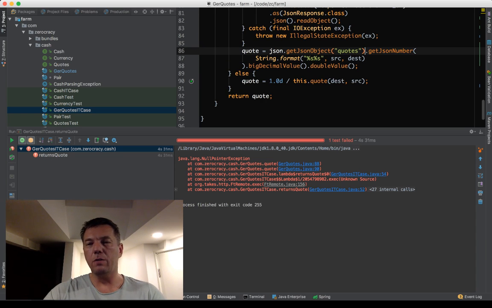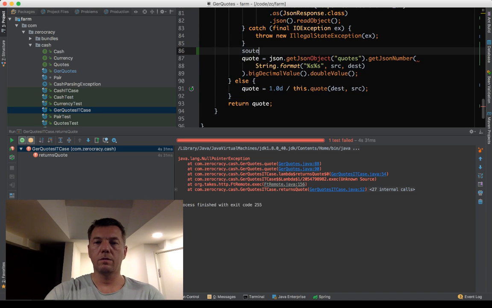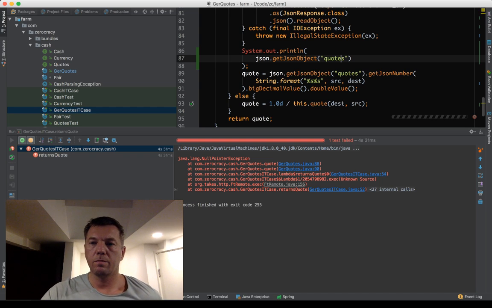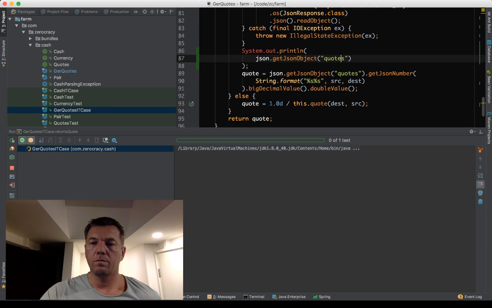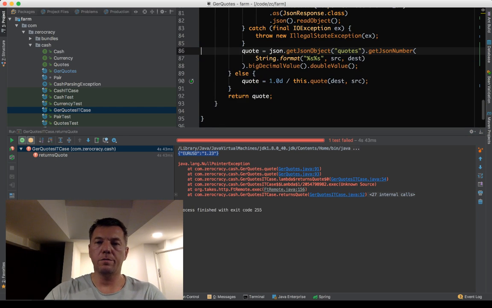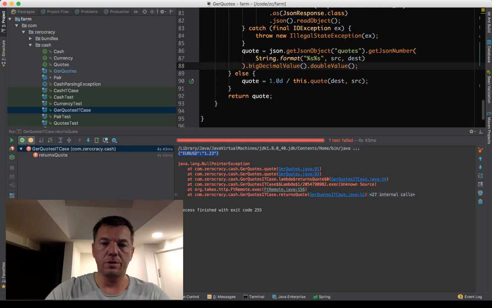Well, I don't know, so let's try step by step. Let's do some debugging. Let's see what get JSON object returns. Yeah, you see, it works. So it gets the JSON object, and then it says big decimal value. Why doesn't it return the value?